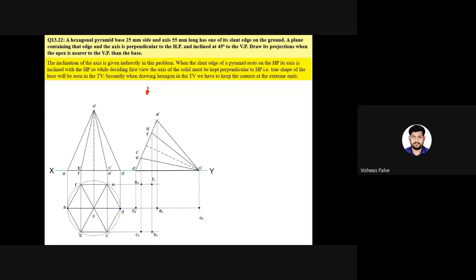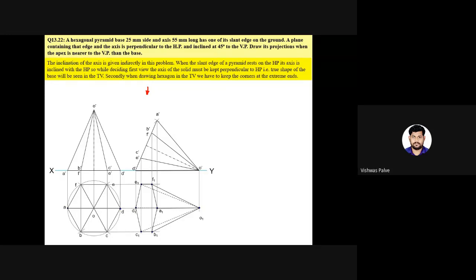This complete face will be visible. So all these lines will be drawn as dark lines, because when we observe, it is lying on its base, on a slant edge, so the complete face will be visible. The outer border always will be dark. Similarly, A to O will be visible, so this will be drawn as a dark line, and the remaining lines will be drawn as dotted lines because they won't be visible. So this is the second stage.